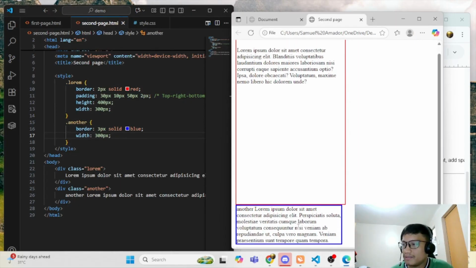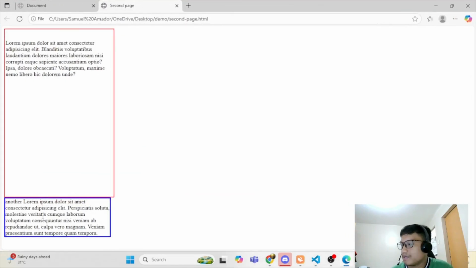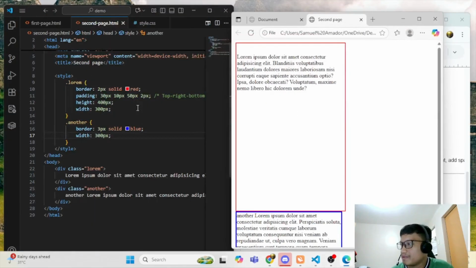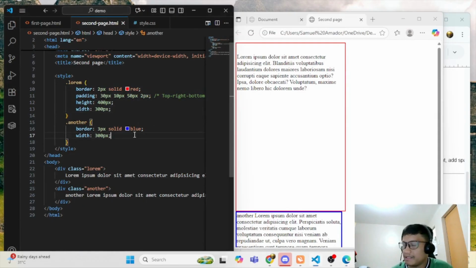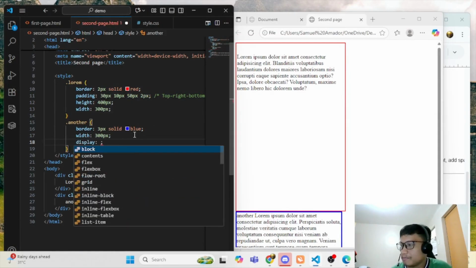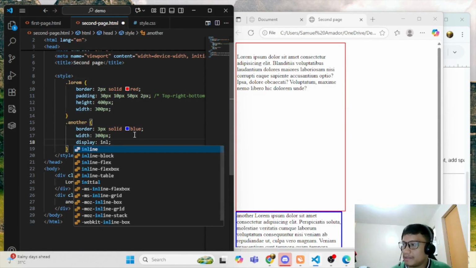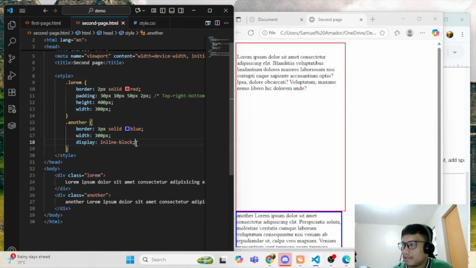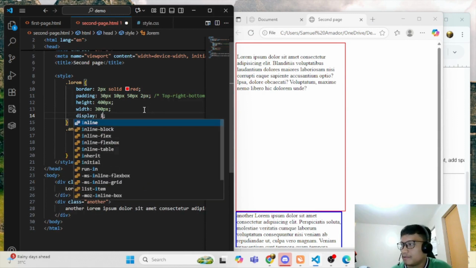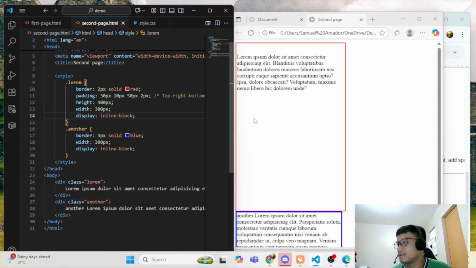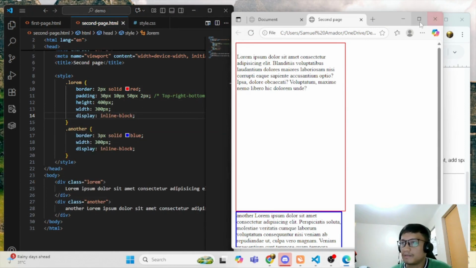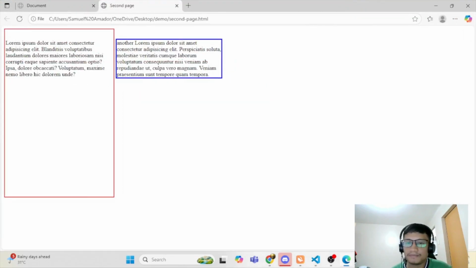So it's still 300 px, but then it's located below. So it's supposed to be here at the right. So maybe we can add here display. And then let's say inline block, and then the other one inline block. Yeah, it's here.